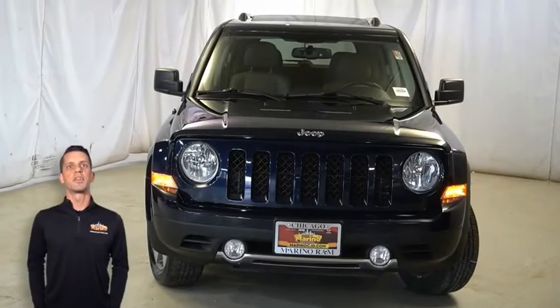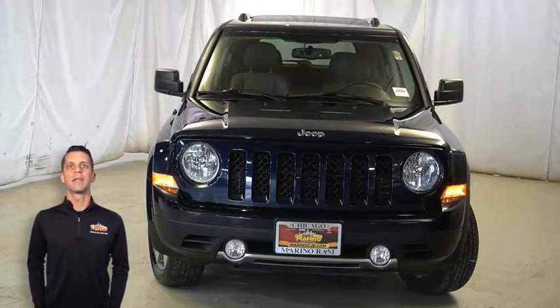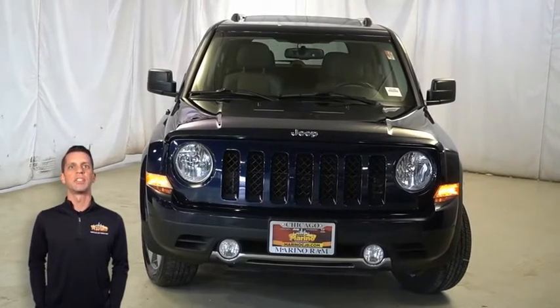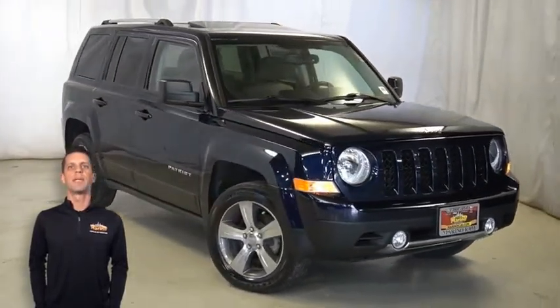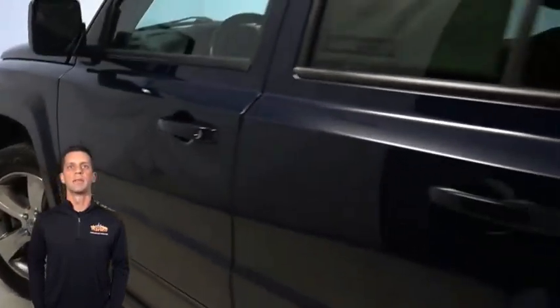If you're looking for a functional compact SUV with reliability and safety for the whole family, then take a look at this certified pre-owned 2017 Jeep Patriot High Altitude in True Blue Pearl. With halogen headlamps, fog lamps, 17-inch aluminum wheels, power heated mirrors with manual fold-away, deep tint sunscreen glass, black side